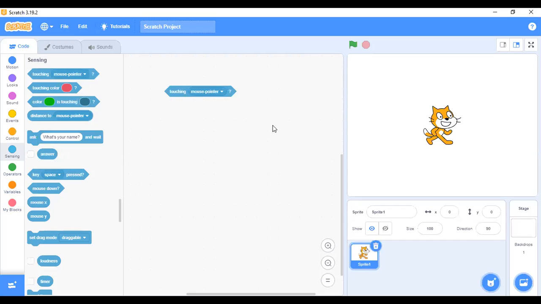The mouse pointer is the cursor of my mouse that is moving. I've not yet put any code together here. That is why even if you click on it, it won't work. It will be showing you false. That is why the sprite is not doing anything. If I change it to touching edge,